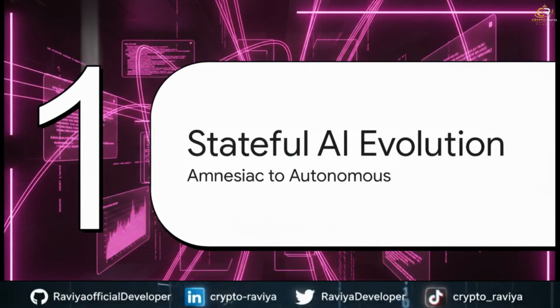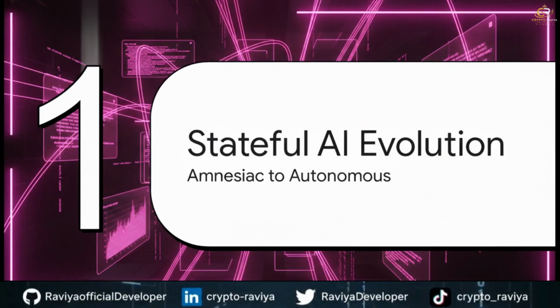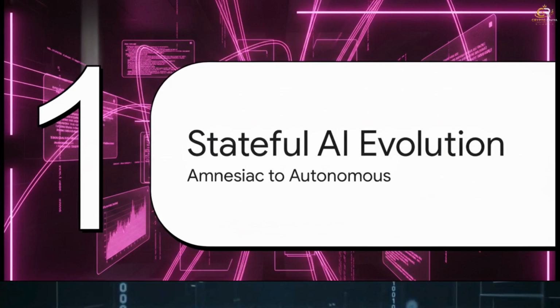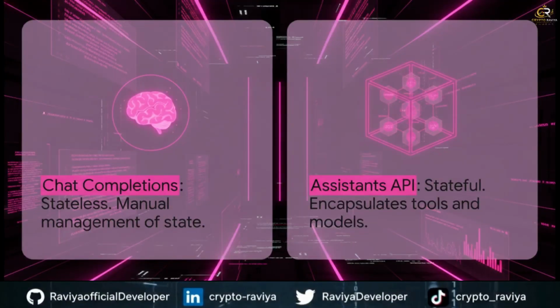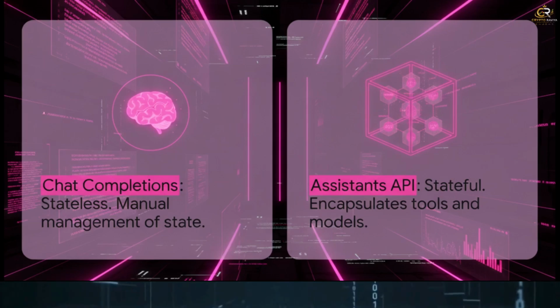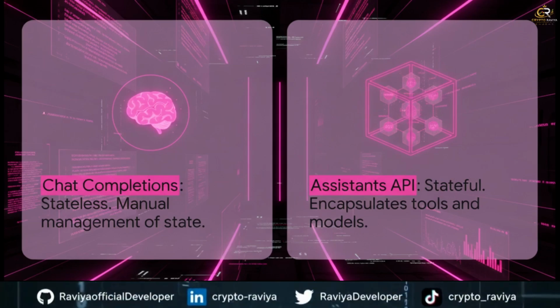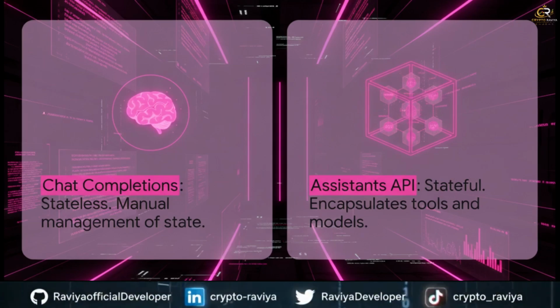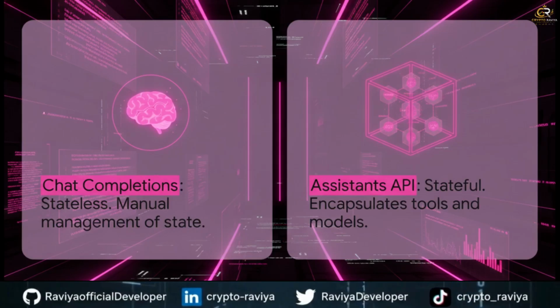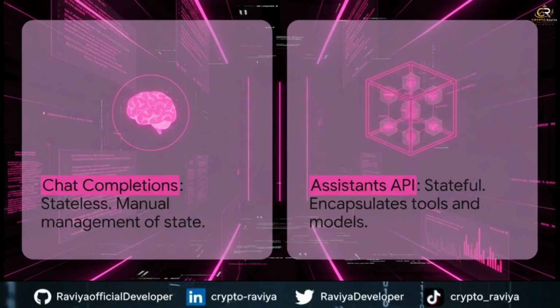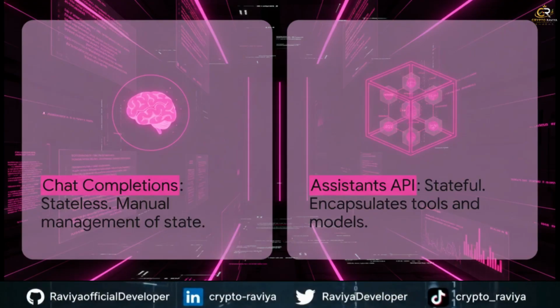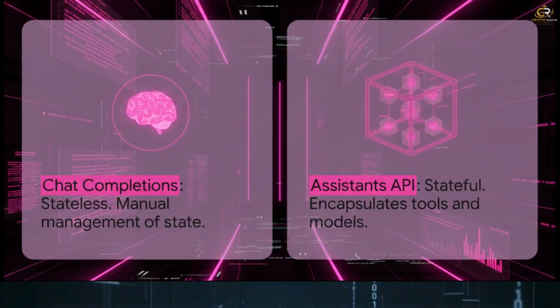Right, let's jump into part 1, the stateful AI evolution, upgrading from amnesic to autonomous. You can really see the core architectural shift here. Looking at the traditional chat completions API, it's inherently stateless. You have to manually manage everything: the conversation state, defining your tools on every single call, passing in retrieval documents, executing the code yourself. You're basically babysitting an amnesic assistant who completely forgets who you are the second you stop